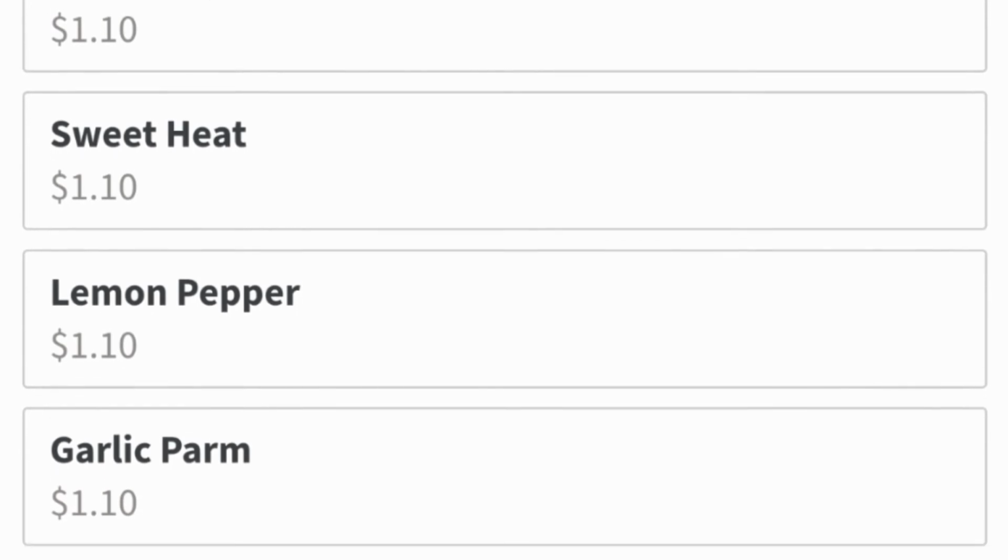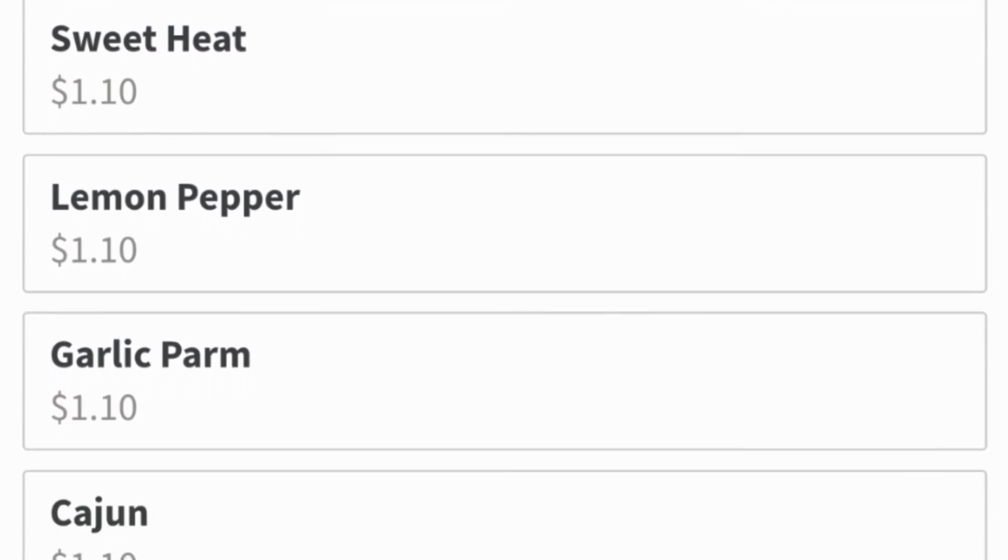Before I even dig into that, I'm just gonna get the fries out of the way quickly. Now these I got with, they have different rubs. This is with the house rub, which I'm assuming is just your general house rub. Very good. Nothing really outstanding about the fries, but the rub is actually very good. Got a little bit of sweet, a little bit of heat. Absolutely perfect. They also have white salt, pepper, garlic, sweet heat, lemon pepper, garlic parm, and Cajun. Now, I could have went with any of those other ones, but I had to try the house one